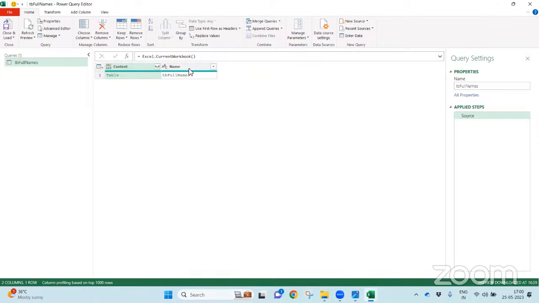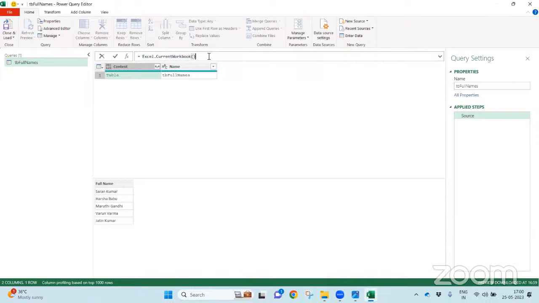Now, if you observe carefully, it takes the TB full names object called table. For that, the table is the data, the content. Now this has given the result as a table.